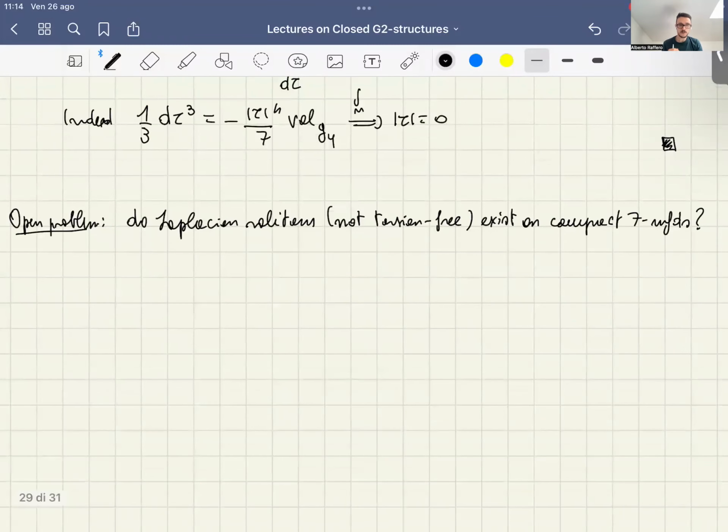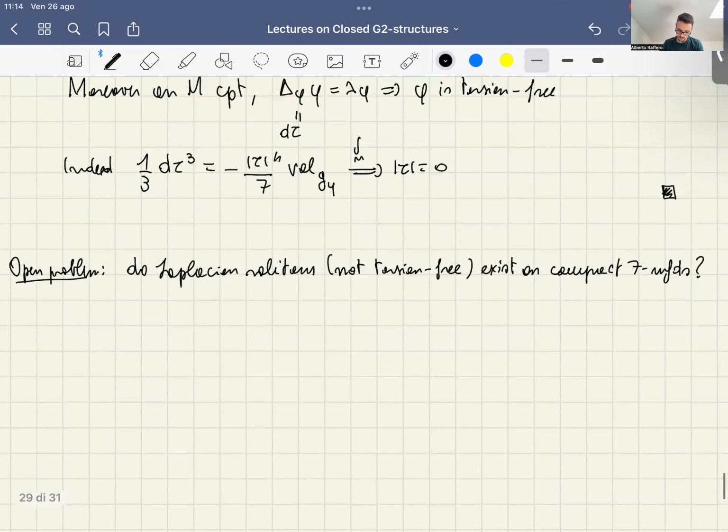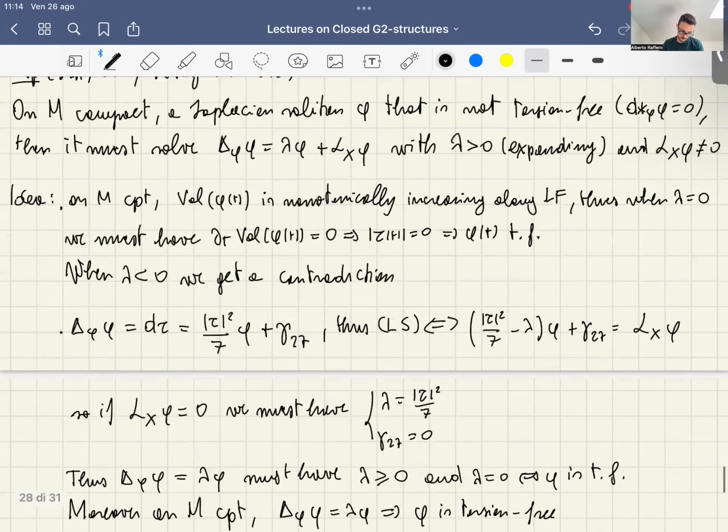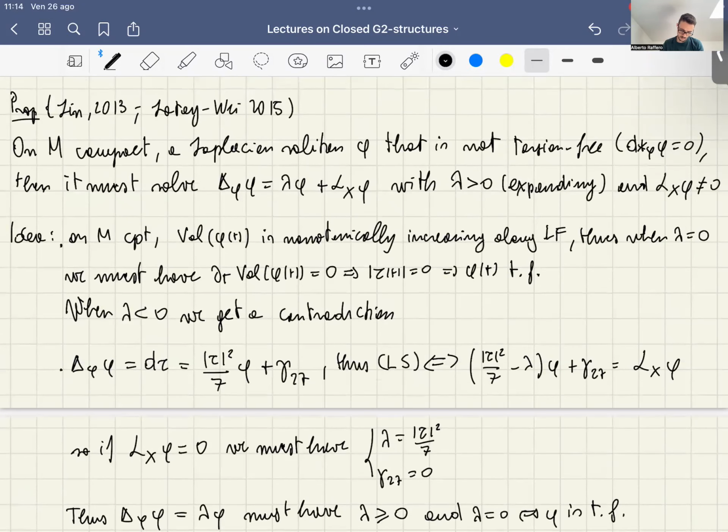Can I ask you something? Yeah. Can you show me the whole sentence, the statement of a proposition? Yeah, this one here. I missed some point. When you said that it's not torsion-free, then you mean it's only co-closed? No, so it's not torsion-free, so it means that it is different from 0. Sure. Okay. Yeah, that makes sense. So it's only closed, right? Only closed and not torsion-free. Yeah. Okay. Thank you.